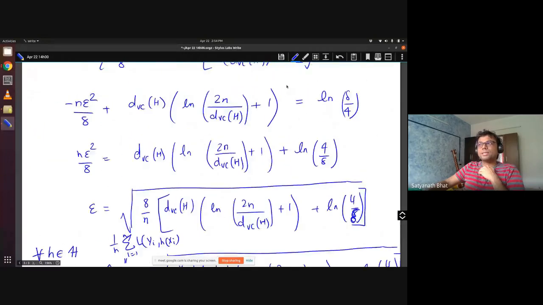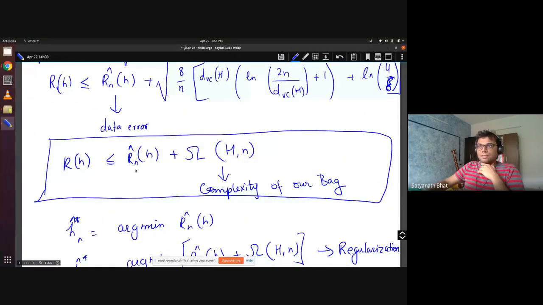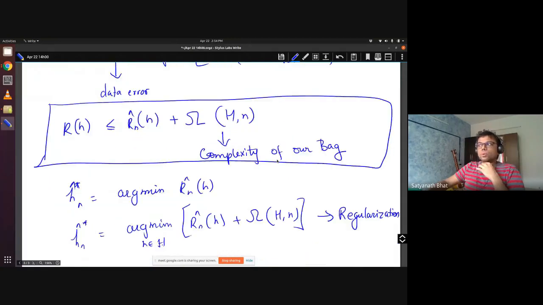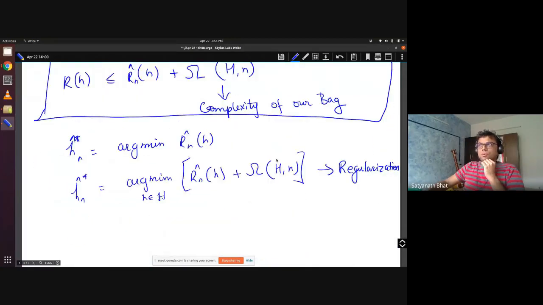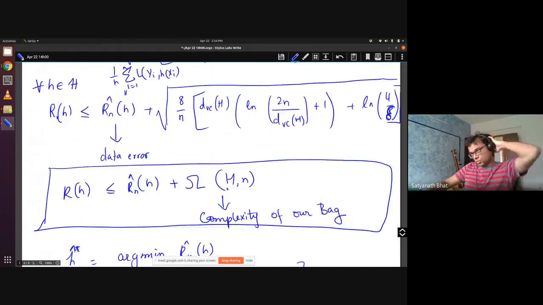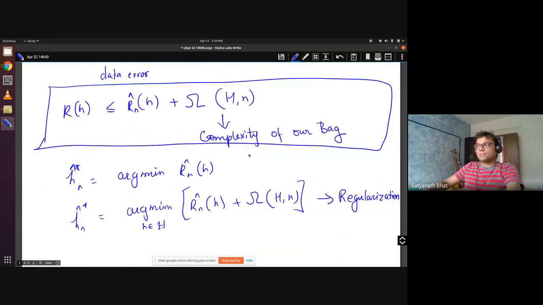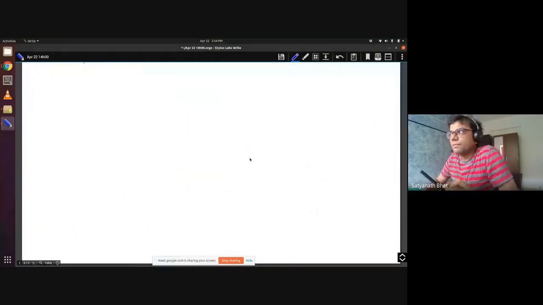This is an important thing, and we will see that a very similar term even comes when we do bias variance trade-off, which will start probably on this Saturday, or maybe what I will do this Saturday, since it's an extra class, is continue with examples of computing VC dimensions for various H's, and tomorrow I will start bias variance trade-off. I think that is a better strategy. So we will have a look at various examples where we compute the VC dimensions of various classes. One example we will quickly finish.